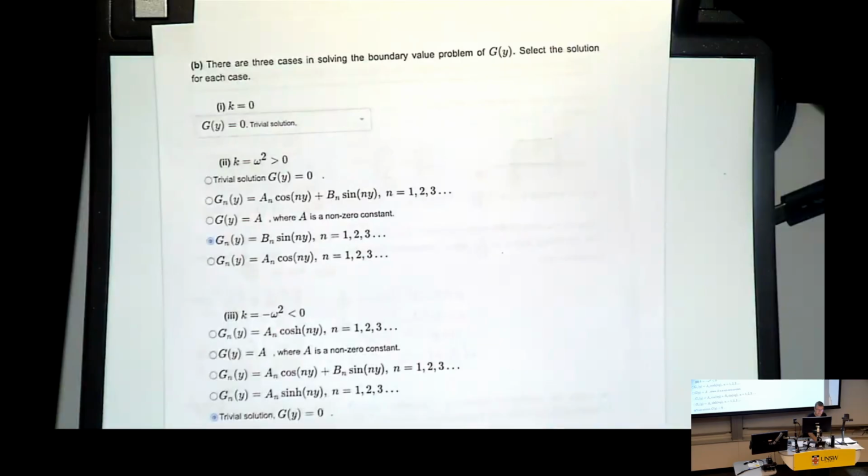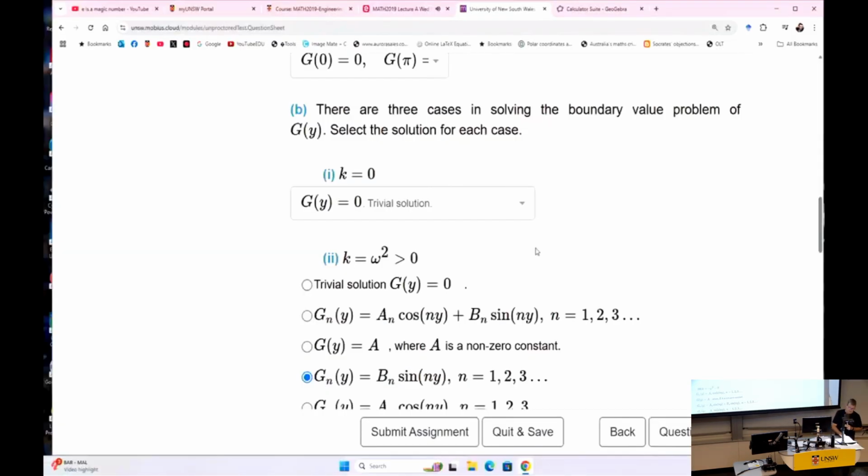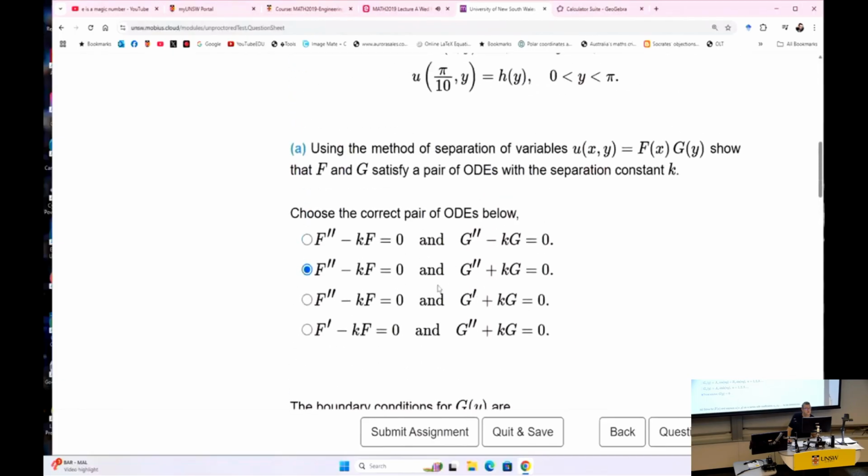There are 3, actually I'll put it up here, for the people at home. Okay, so we've got that, all right. So there are 3 situations. Select the solution for each case. Okay, so for this problem,